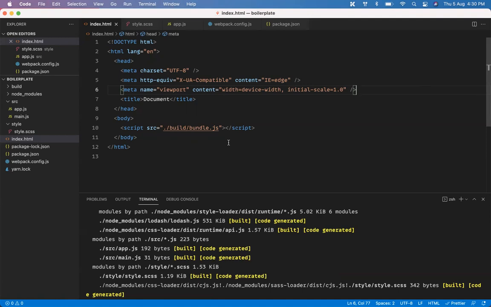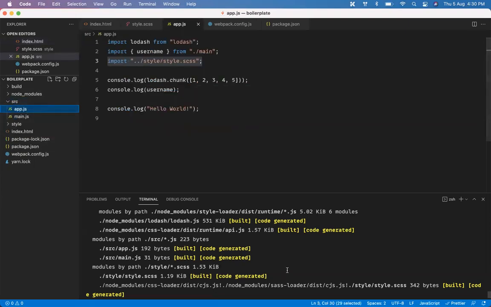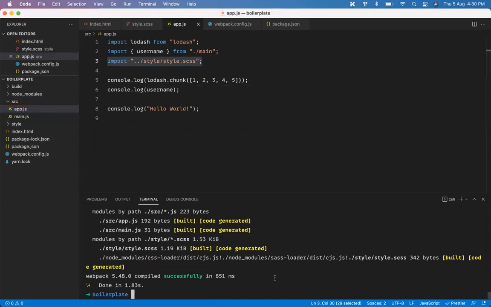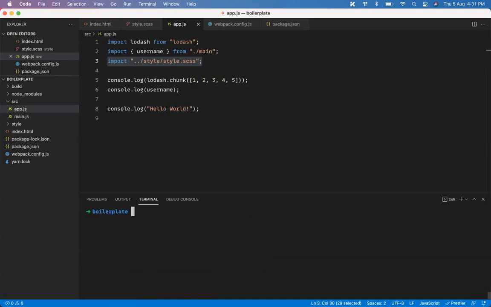Okay, then. So now I'll go ahead and try to do the next thing, like maybe adding something known as React here. And that is when we will make it like a pure React bundler or something like that. So right now, in our JavaScript file and our HTML file, we are bundling this file. But what if I start using React? Before React, let us try to create a server. Every time we are changing anything in the app, main or SCSS file, we have to recreate this bundle again and again. So that is where our next package is going to help us.